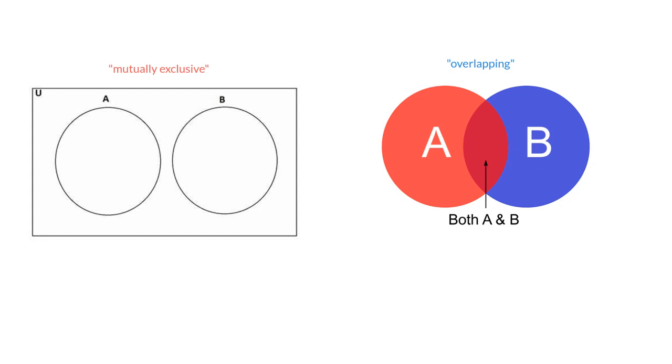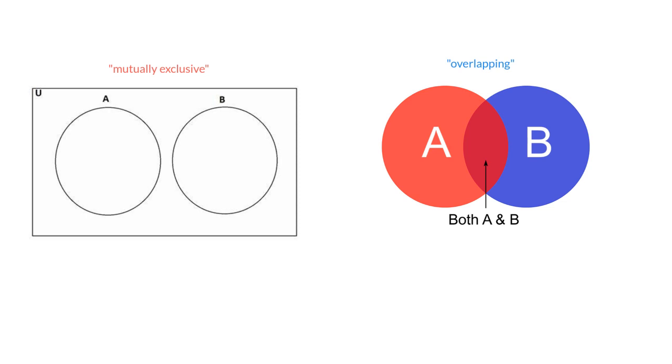Okay, guys. So today we're going to talk about a couple of terms in probability that you may or may not have heard before. Our first pair of terms, and these are going to come in pairs because the terms are opposites of each other, are mutually exclusive and overlapping. We're going to talk about each of these terms, what they mean, and an example.